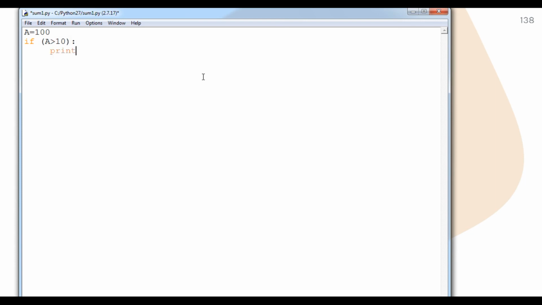So we can say print message within round bracket, I can write "a is greater than 10" definitely, or else part, print "a is lesser than 10". So student, at last I will print end of the program.